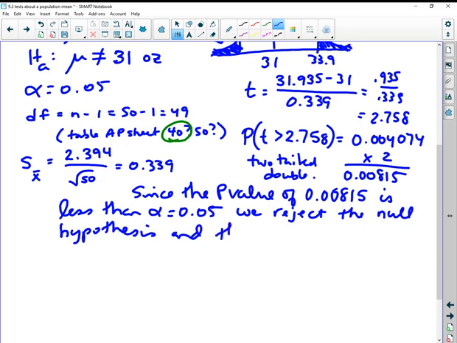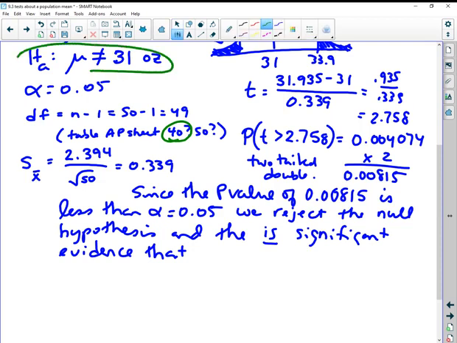And there is significant evidence that, and then make sure you're giving the context of what we are testing. We're looking at this alternative hypothesis. It's got to be worded in that there is a difference